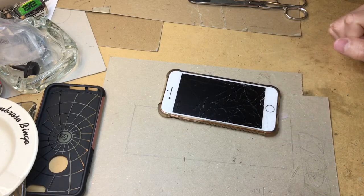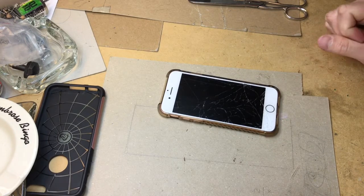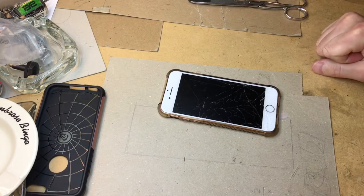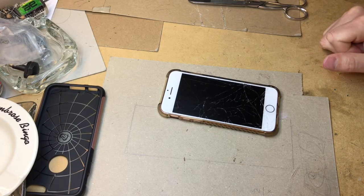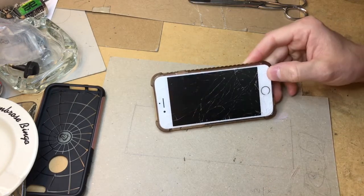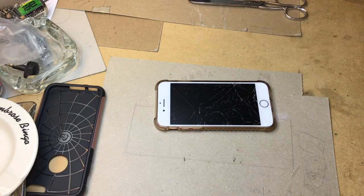I'm up with a workaround, and so I just want to show you a little fix today, temporary fix to get you through until you get a replacement phone or until you can get your screen repaired. As you can see here, this is the cracked screen, and what I've done is I've just used some regular contact paper,